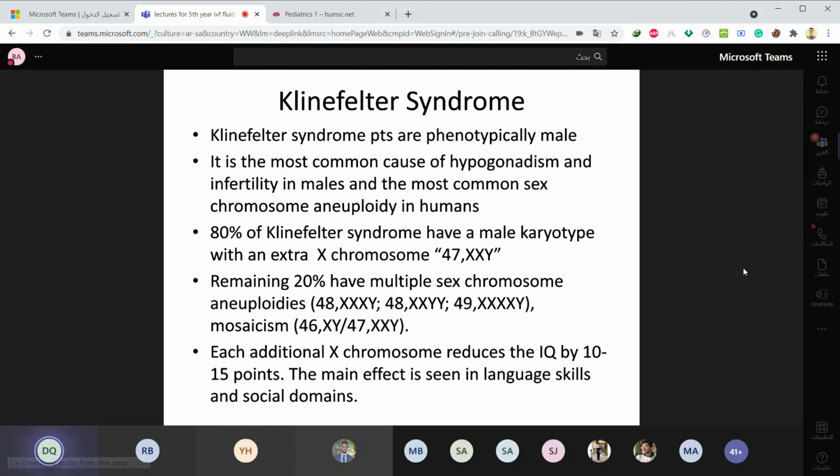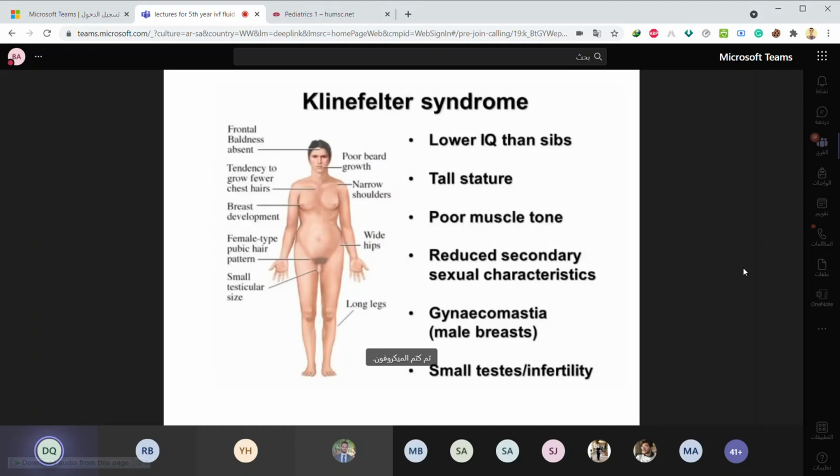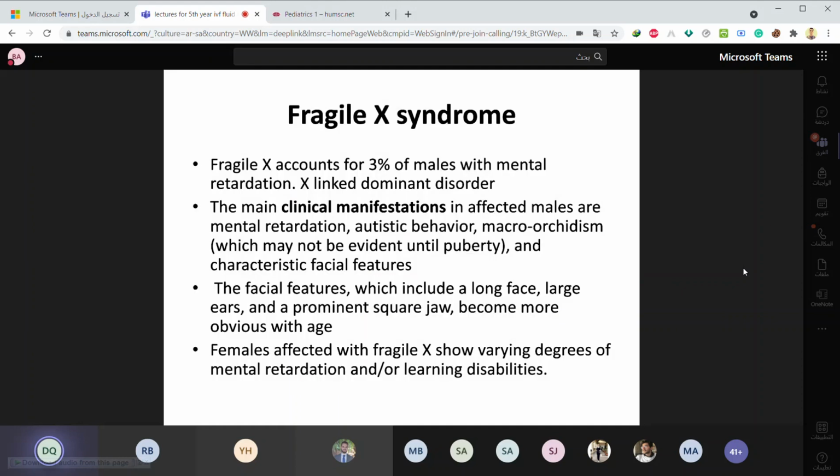Each additional X chromosome reduces the IQ by 10 to 15 points. The main effect is seen in language and social domains. So Klinefelter patients have problems with social skills, but in Down syndrome, the social life is not affected. This is Klinefelter: lower IQ, tall stature, poor muscle tone, reduced secondary sexual characteristics, gynecomastia, male breast and small testicles, and infertility. Fragile X